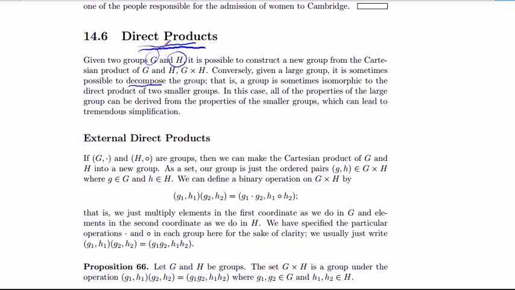So we're going to work this both ways. We're going to show how to build up larger groups from smaller groups, and we're going to show how to analyze large groups in terms of this direct product structure. And we'll end up with a very nice theorem that shows us exactly what all abelian groups look like. Okay. All right, so now,